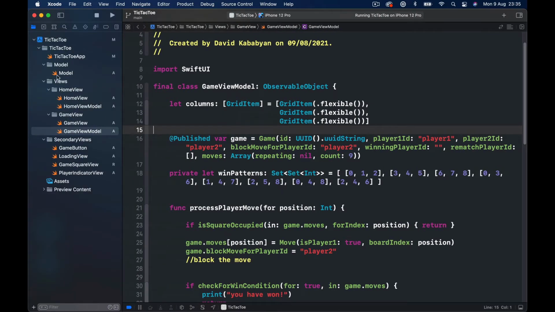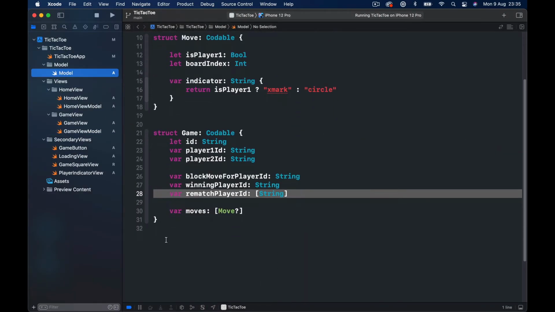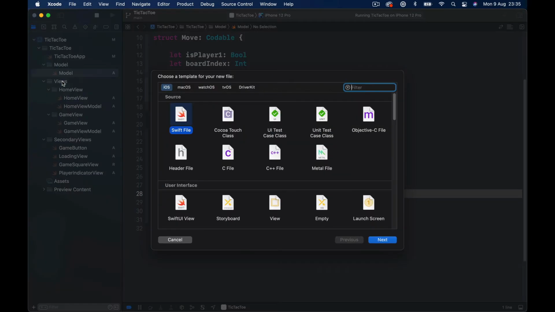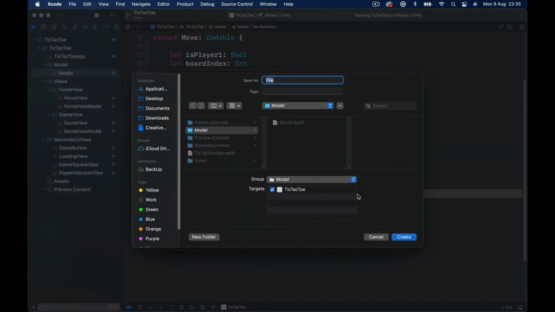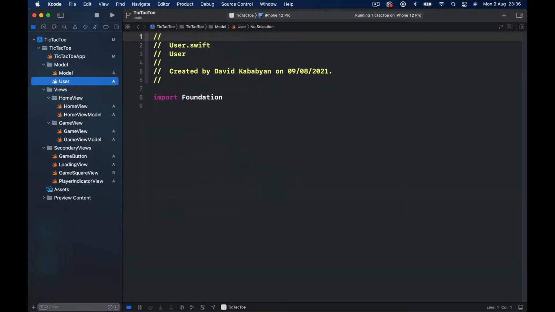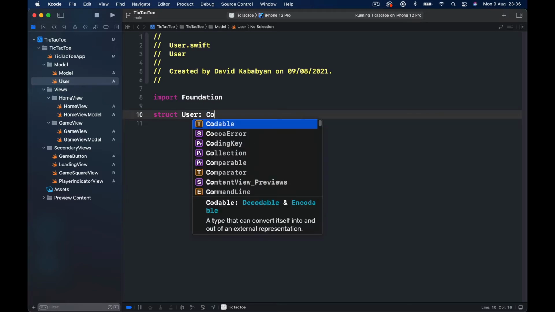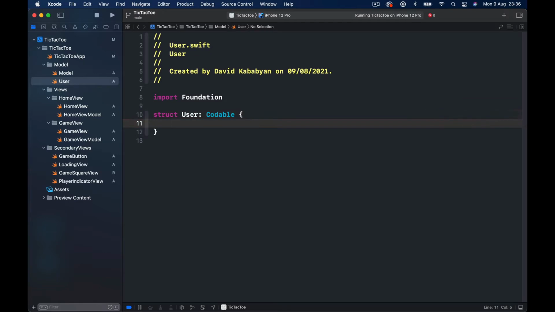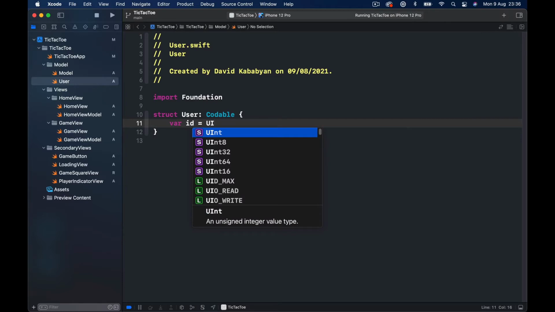So let's go to our model. You can put it here or you can create a new file. Let's just do a new file just to keep everything clean. We'll call this a user. And I'm going to simply create a struct of user or a player, whatever you wish. This is going to be codable because I want to save this in my user defaults. And this user is going to have just an ID, and let's automatically assign one as we initialize